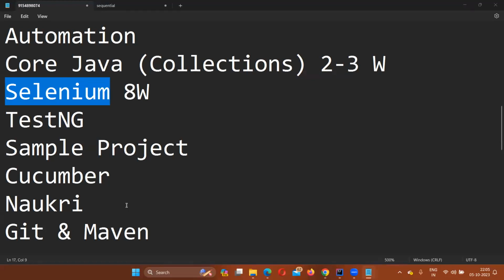So lots of people are coming back and telling me that they have got a job, manual as well as automation. Okay, you need not worry. This course is enough. अभी आज दोपहर में, just today afternoon, one candidate has reached out to me saying that she has cleared a couple of rounds in the interview. So whatever was asked in the interview for manual testing was all covered in the course itself. So obviously whatever is in demand in the market will be covered.